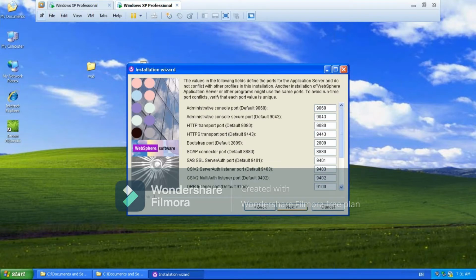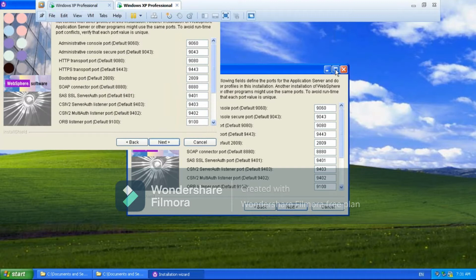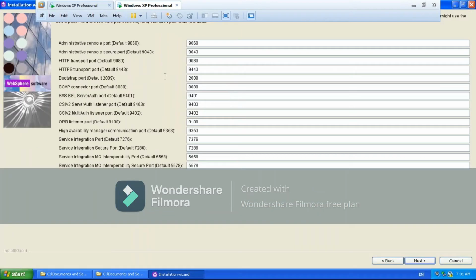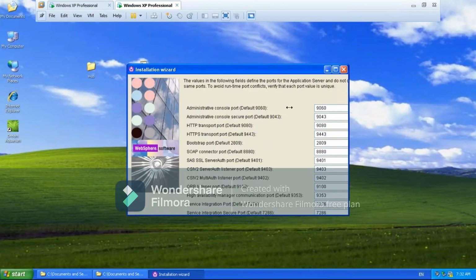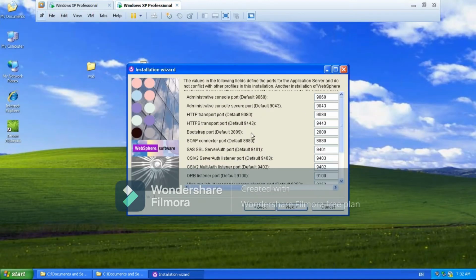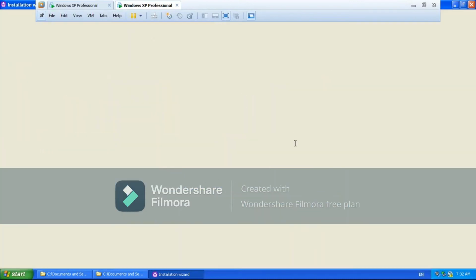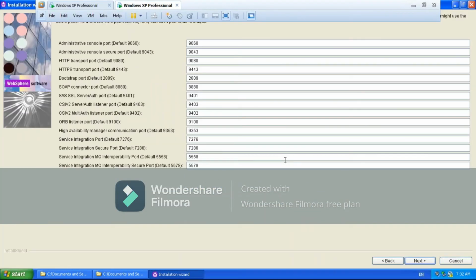This is very important. And what is this? These are port numbers. These are the port numbers which your application server is going to use to interact. Once this profile is created, it's going to use these port numbers to interact with whatever accesses it.